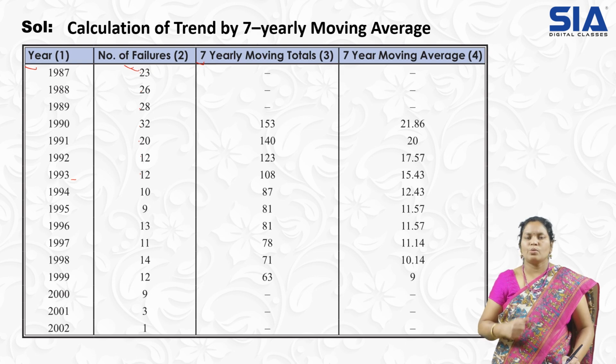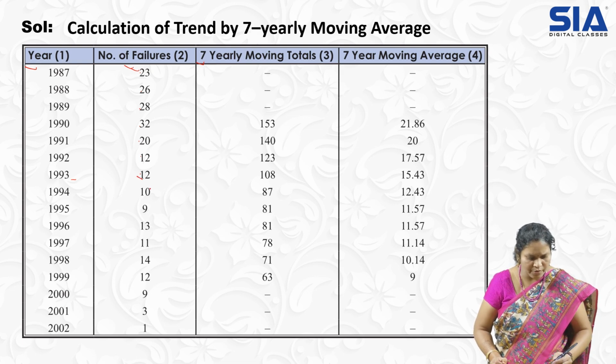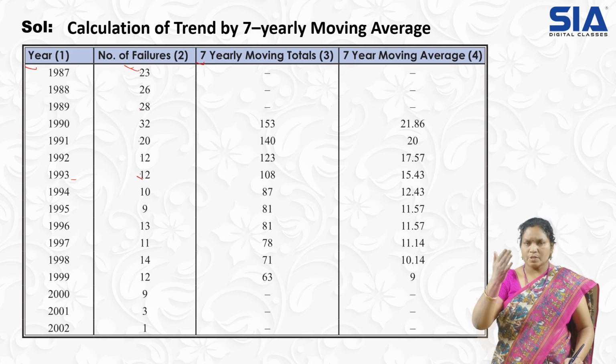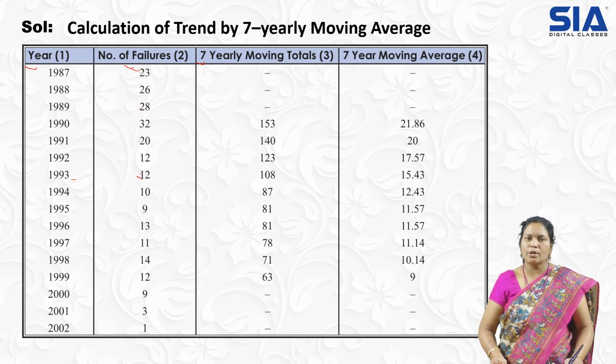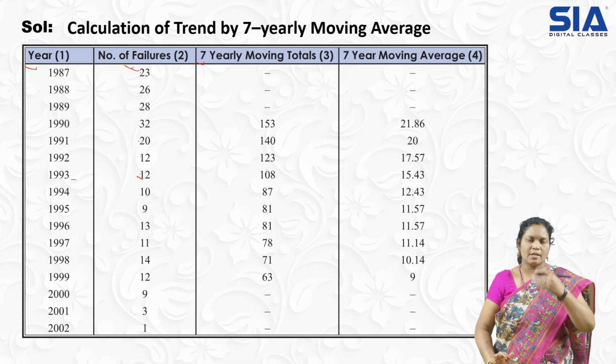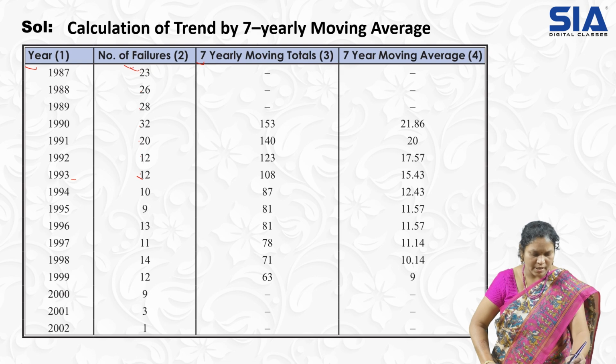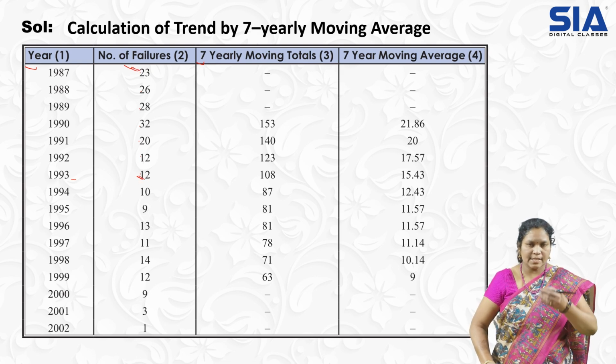So first 7 years, 7 years moving, right? 7 years total I require. For that the title we have given is 7-year moving totals. So first 7 years we have to do the totals. If you don't take care, you'll get confused, because next to 7 you have to go on doing like that. So take a pencil, or make sure with your fingers, you keep the correct difference, like first 7 years, then next 7 years, like that. What I have done is I have ticked my first year to the 7th year here, so that I can understand how next year goes on.